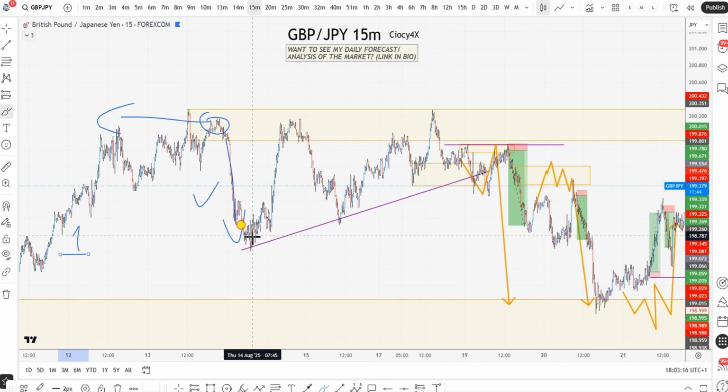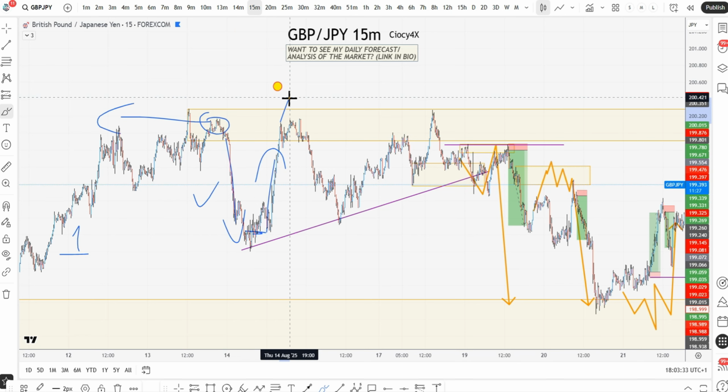Now, this is the beginning of my narrative. I wait and I see that actually buyers from here started pushing strongly to the top side. We can all see that, right? So that's not good. Why is it not good? Because if I'm looking for a sell, I don't want to see buyers taking control to the top side, because there's a lot of momentum that is actually trying to overcome the sellers again. So this could easily keep going higher.